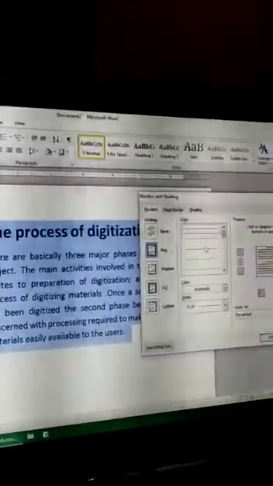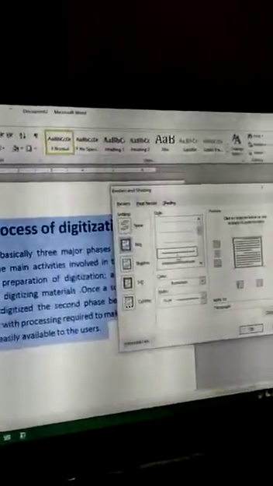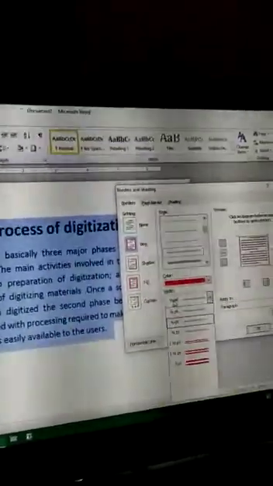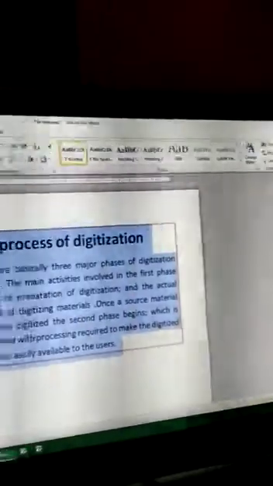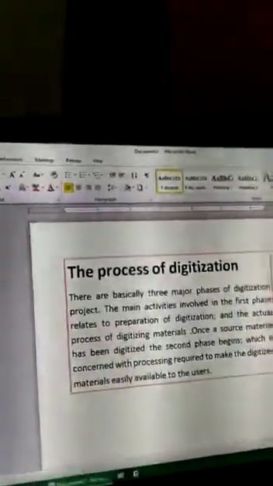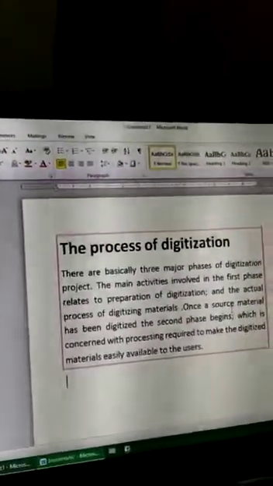I will select line style. These are the lines. As per our choice we can select the color, whatever color you want. You can select the width of the line. Okay, after they click on OK, we will find this paragraph is under one border. Okay, I think all of you understand.